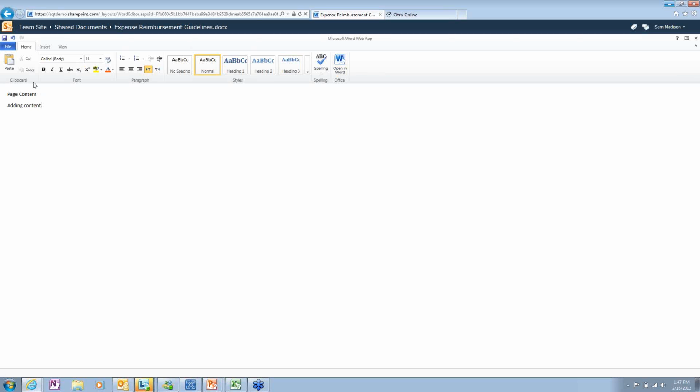And it's nice because you get all of the functionality here for bold, italicize. We can insert items right here, change the view right here within the web application. You can even do this on your mobile device as well. So a lot of functionality. So you can imagine being on an iPad, opening this up and being able to get some great functionality right